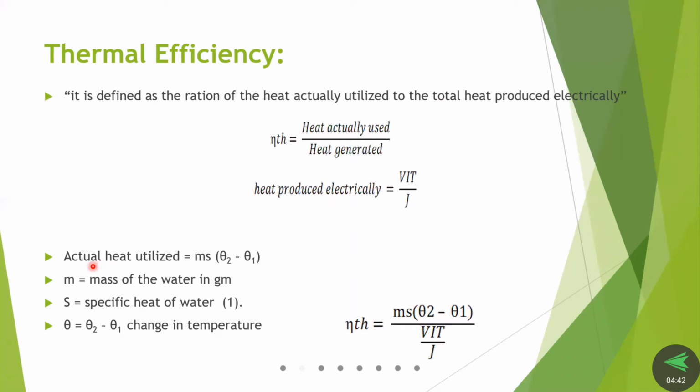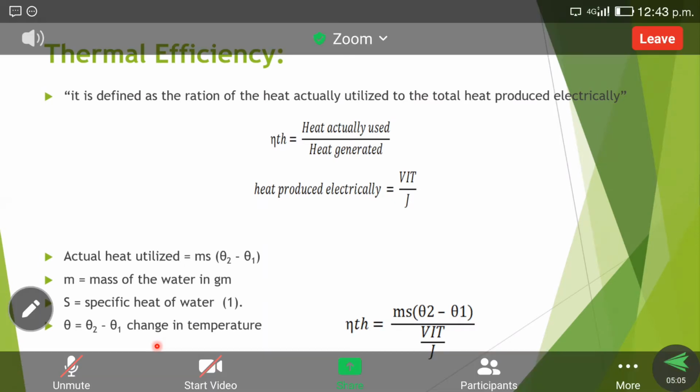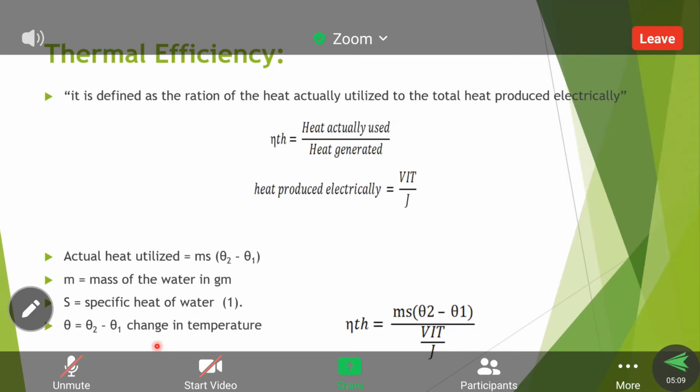It depends upon four factors. What are the factors? One is the mass of the water or liquid, next is specific heat, and the third one is the change in temperature. Just in the last class we assumed the initial temperature is 0 and it reaches T degrees centigrade. Then the temperature difference we can write as T minus 0. For example, initial 0, maximum 10 degrees.